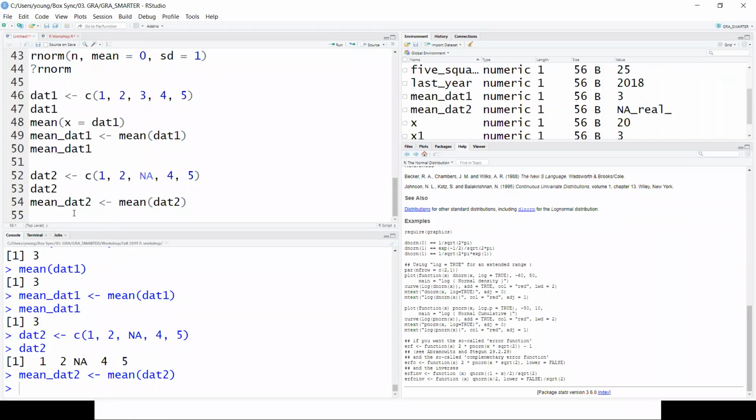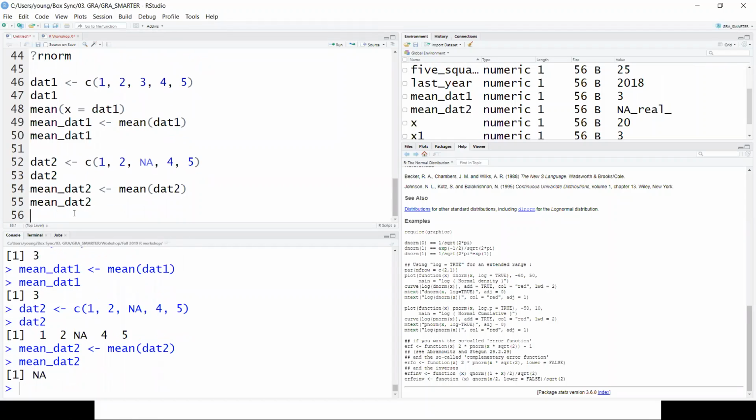It worked the first time, but if you call this object, it'll just give you NA, which is just missing. That's because a missing value is already in that vector. So if there is missing data, you're not going to get any mean or standard deviation of the vector. So we must do something about this missing data.